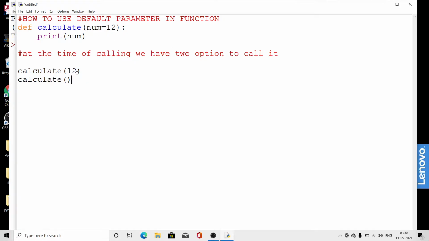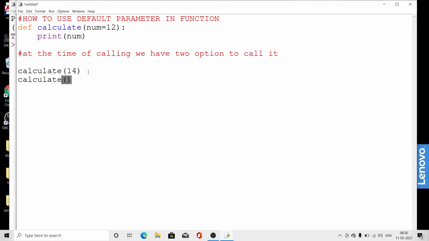In both cases, what will happen? Whatever the value we have passed, here not 12, take it 14. If we are passing 14, the value of num will become 14. It will not assign 12. But when we are calling from this line, we have not passed any value. In that case, what will be the value of num?